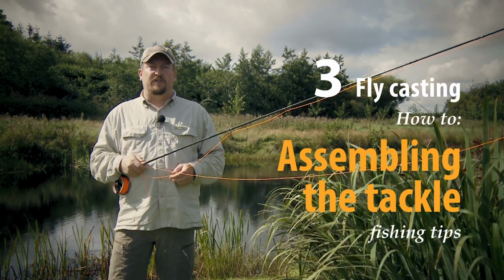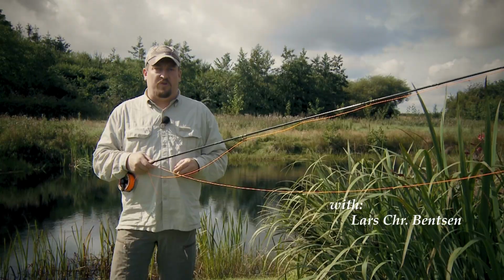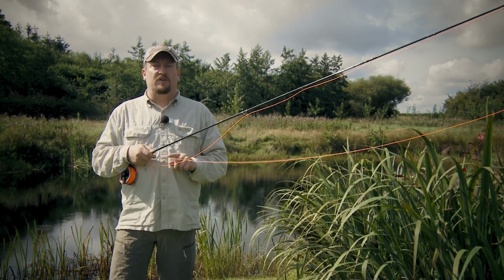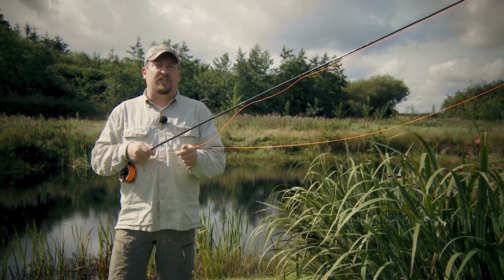When you go out to the field to practice fly casting, you can use your normal fishing tackle, your normal fly rod, whichever rod you have. I recommend that you buy a weight forward line to use when you practice. And if you can get one like this, that's bright orange, this will help you to see your own faults